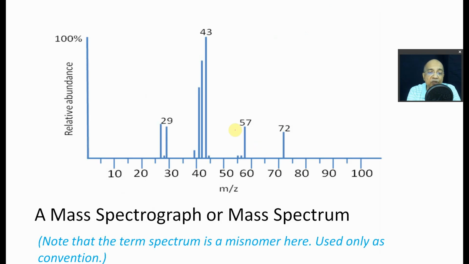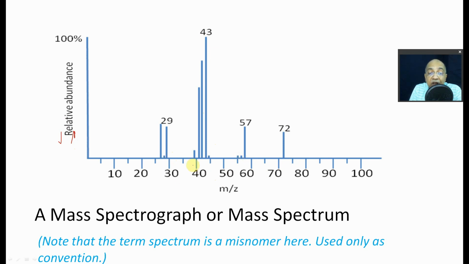And the x-axis, I'll just tell you the graph. This is a mass spectrograph. This is not for any particular element and isotopes. I'm just telling you the pattern, how the lines are produced. So there are so many masses. This is the tallest line, and this height gives you the relative abundance in percentage. And this is a small line, that means this is a small abundance.